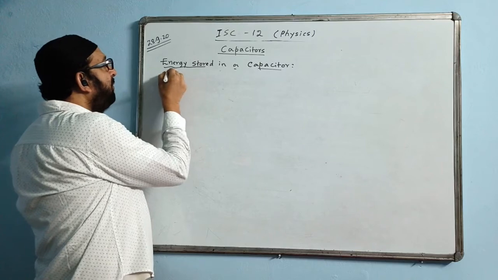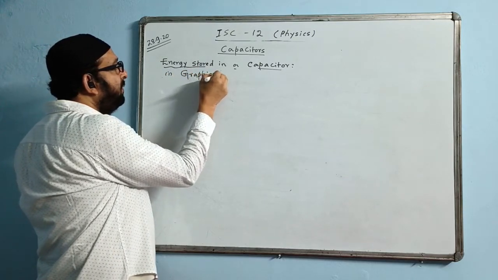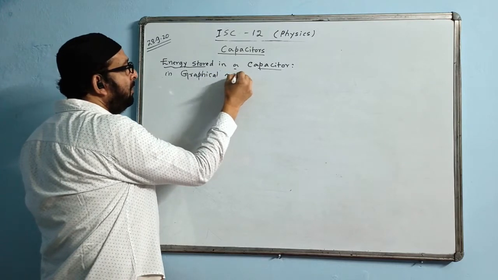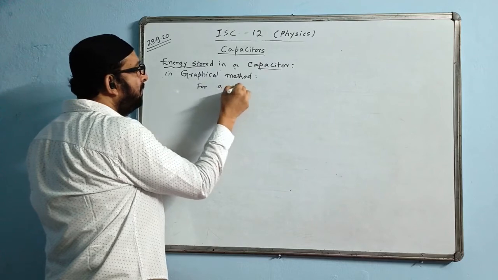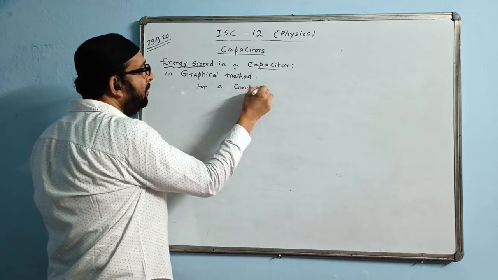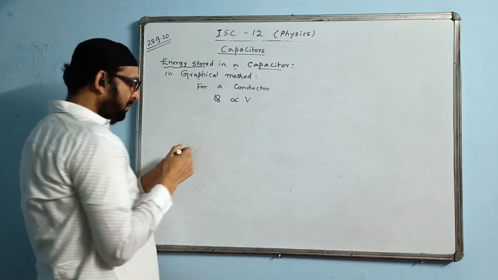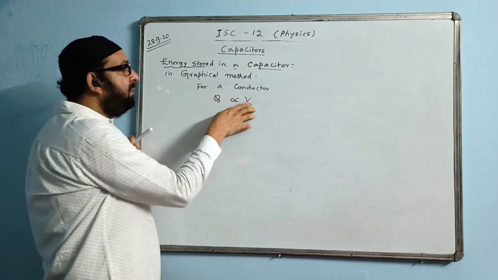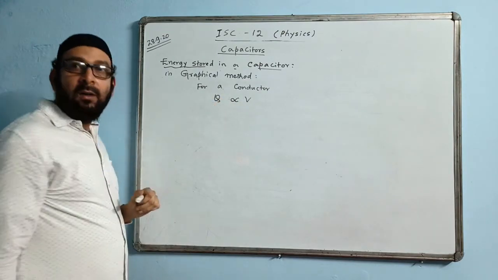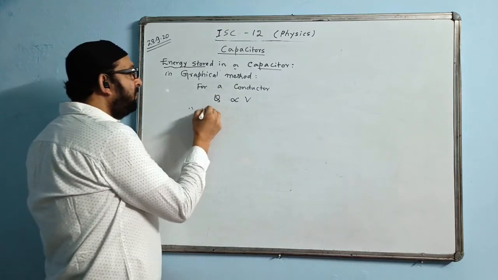First, we are doing the graphical method. Graphical way, how we can derive a formula. We write like this: for a conductor, Q is proportional to V. When we increase the potential, charge stored also will increase. When you decrease the potential, charge stored will also decrease. For a conductor, this happens. Therefore, the QV graph